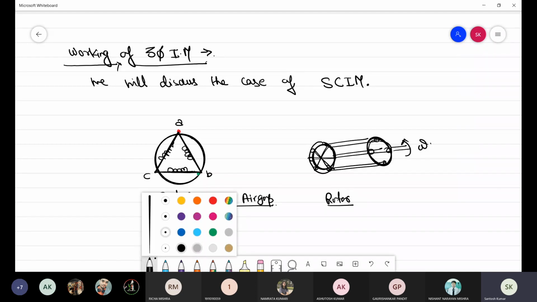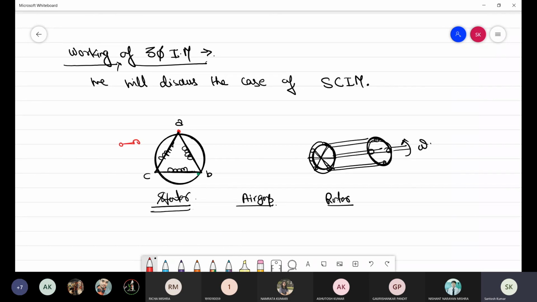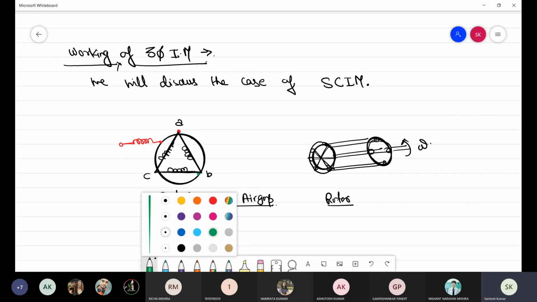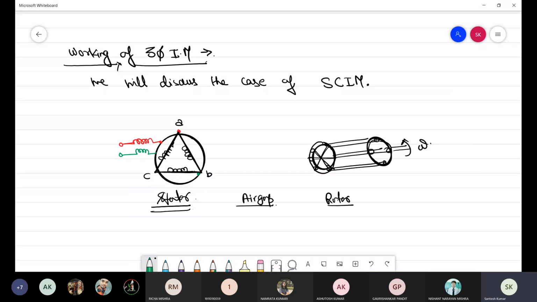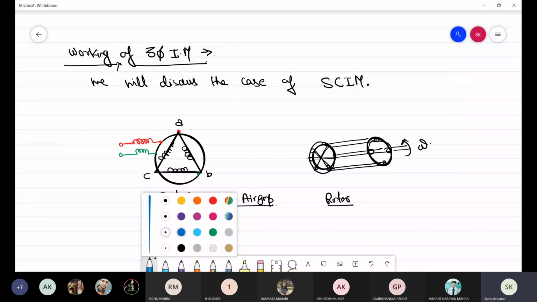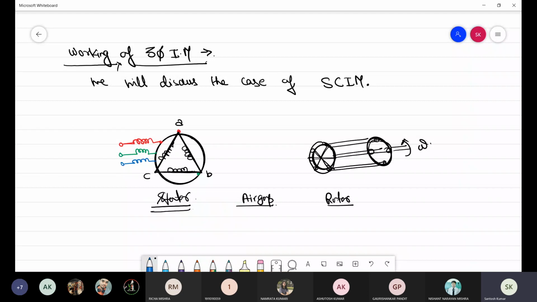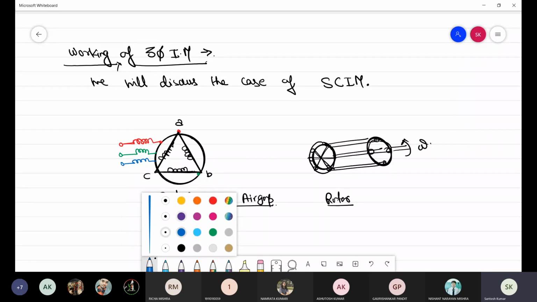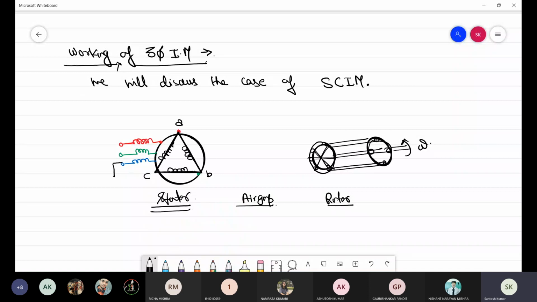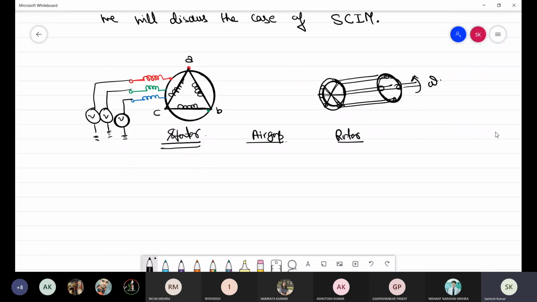Now, at the air gap, what will happen? Point-wise, I will let you know each and every step. Phase A, phase B, and phase C are connected to the stator side. These are connected to the supply. This is again connected to a supply. This is again connected to a supply. So just draw it out. Now the first step is